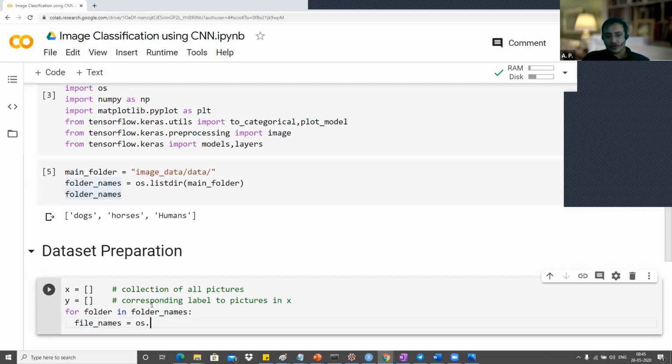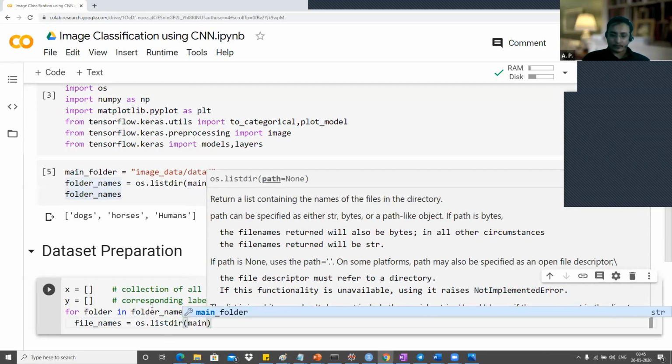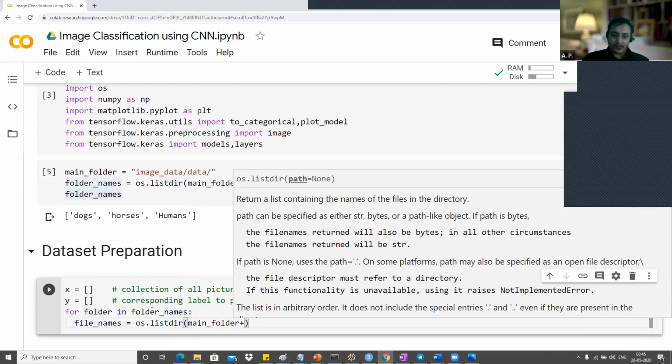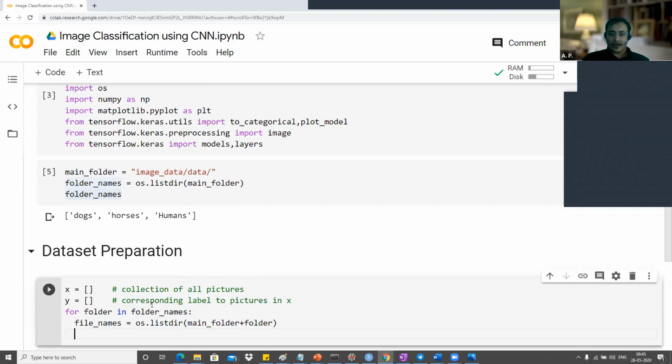All right, we'll say os.listdir, list the complete directory, whatever the files are there. So we'll say listdir main folder plus folder, right? So we'll get the list of all the photographs, right? Now this will be happening one by one for dogs, horses, and humans. So currently, let's say it is for dog. So now we need to read all the pictures of dogs. So for that, we'll say for image file, or you can say for each image name in file names,